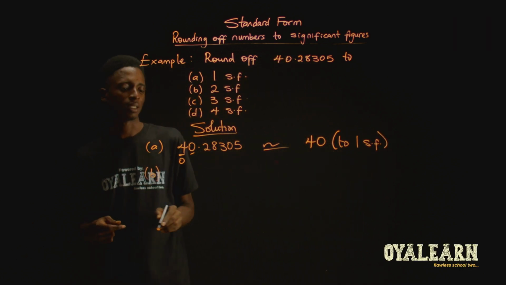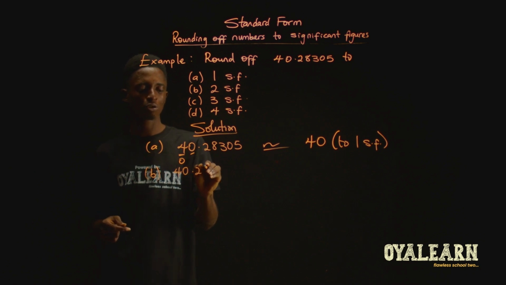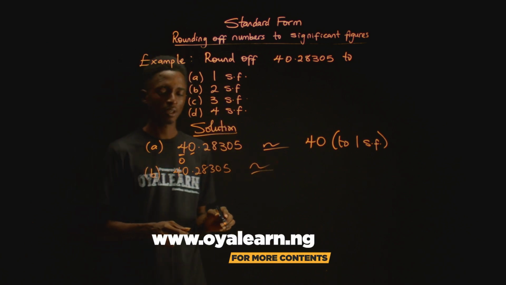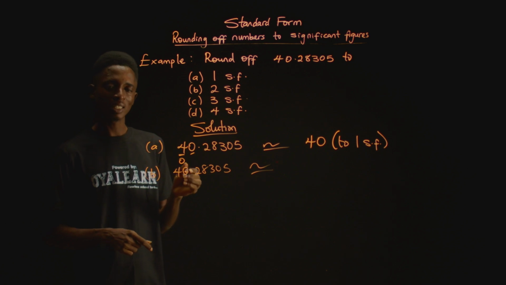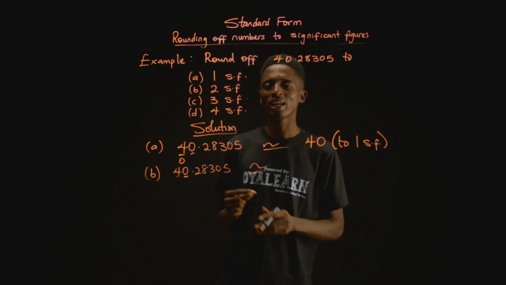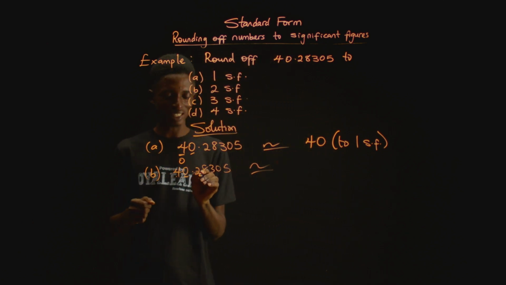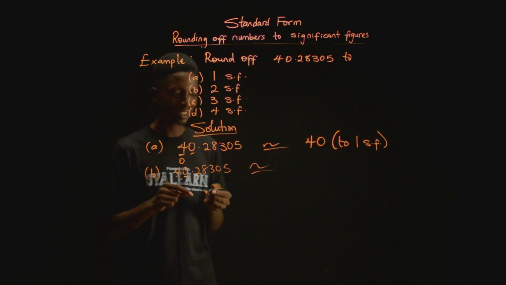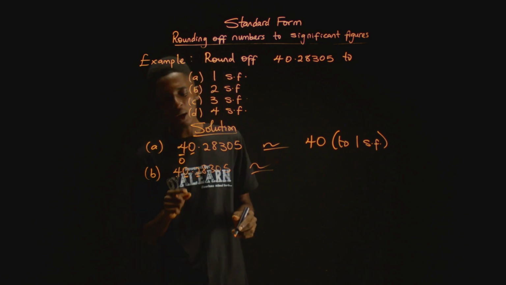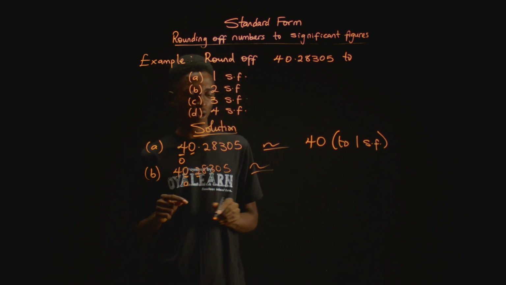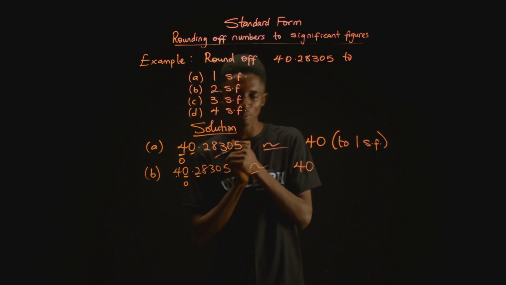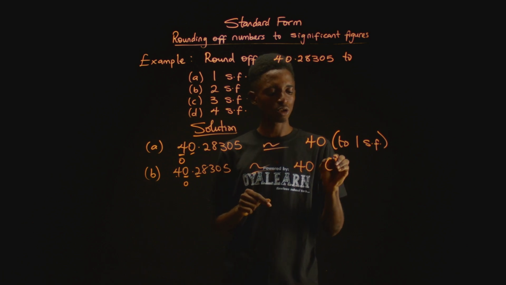Now, B, we are rounding off the same 40.28305, but this time to 2 SF. The first significant figure is 4, the second is 0. Now that we've identified our rounding off point, we then look at the next digit, and the next digit is 2. And when we work with this, it means that we're going to round down. And when we round down, it means we're adding 0 to this point, and that will give us 40. Now, every other thing becomes 0 as well, and this is also two